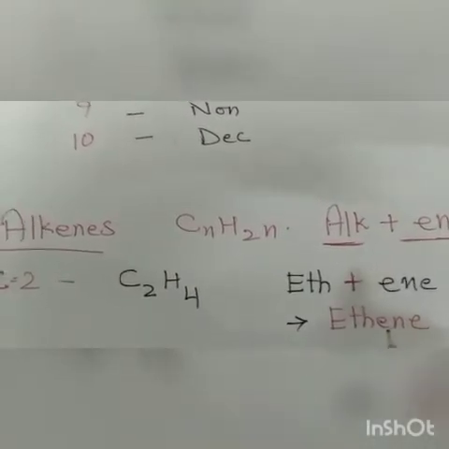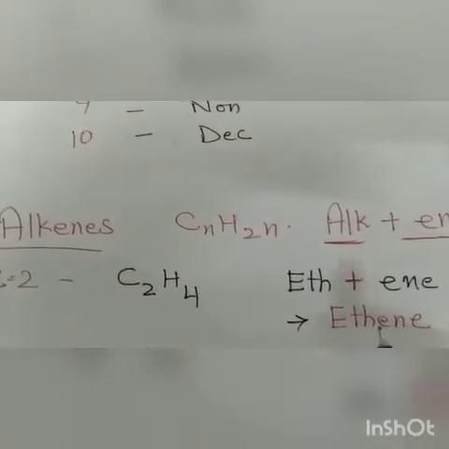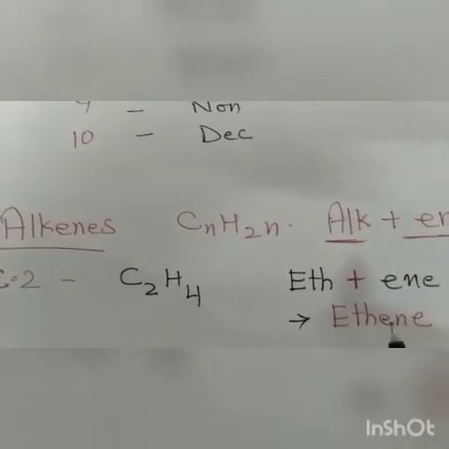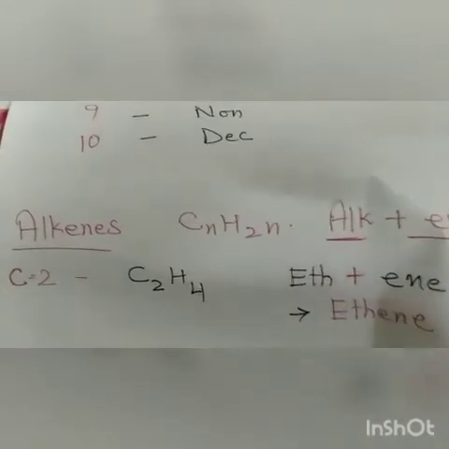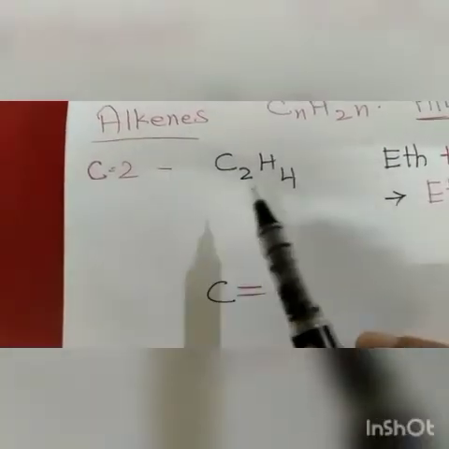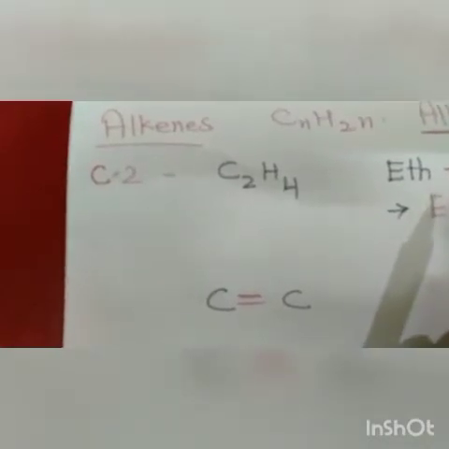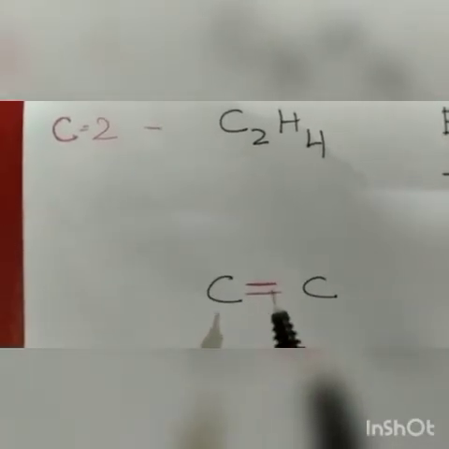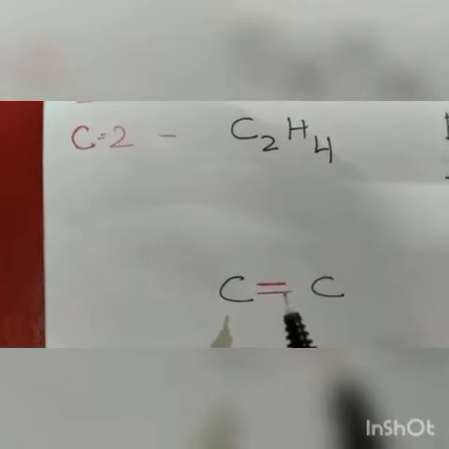Please remember students, the double, triple or single bond is between carbon-carbon atoms. Now how will you draw the structural formula? It is very easy. For ethene, you just see here, there are 2 carbon atoms, and these 2 carbon atoms are linked by a double bond because it's an ene. So you draw C, please have a closer look, C. Now please remember one thing, that the valence electrons in carbon are 4, and the last shell is not completely filled, so it will share its 4 electrons with other atoms.